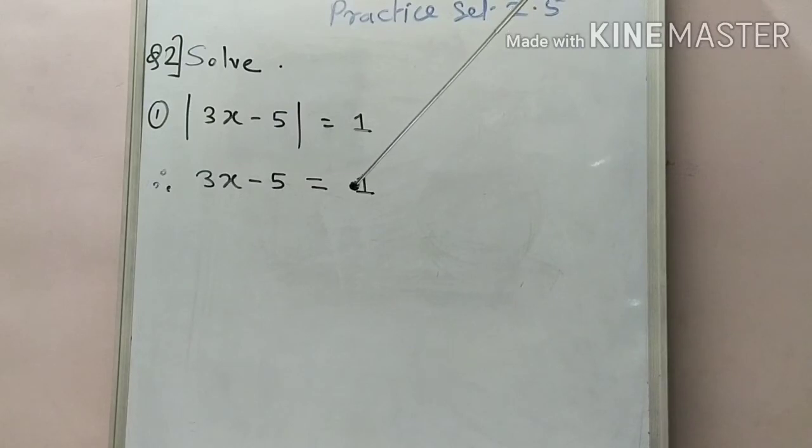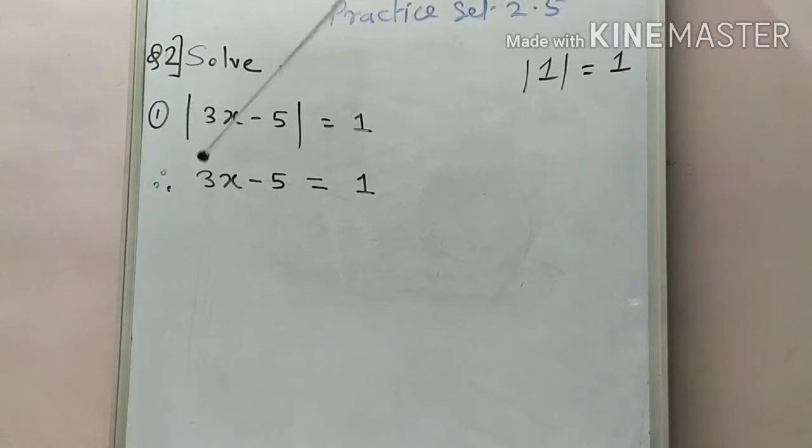Okay, but what does it mean? If this whole value is equal to 1, means here we write down that 1, so the absolute value of 1 is 1. Okay, like this. Getting this point? याची जर व्हॅल्यू जर 1 असेल, so we write down in that sign or modular symbol 1, so the absolute value of 1 is equal to 1. But it may be possible that 3x minus 5 is equal to minus 1 also, because the absolute value of minus 1 is also 1.